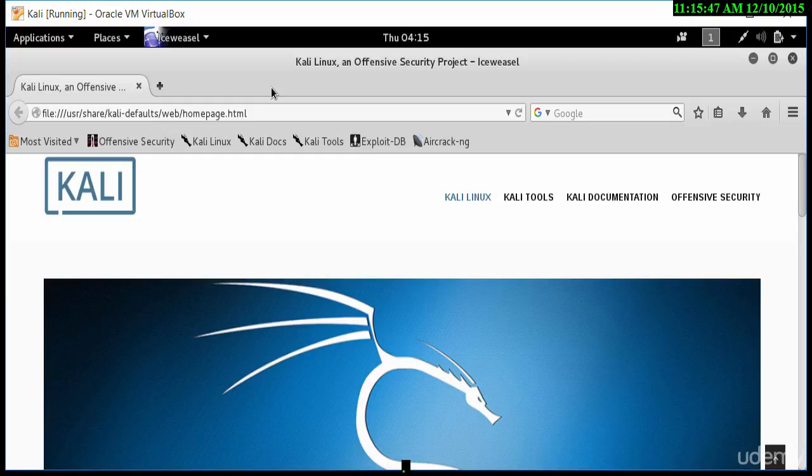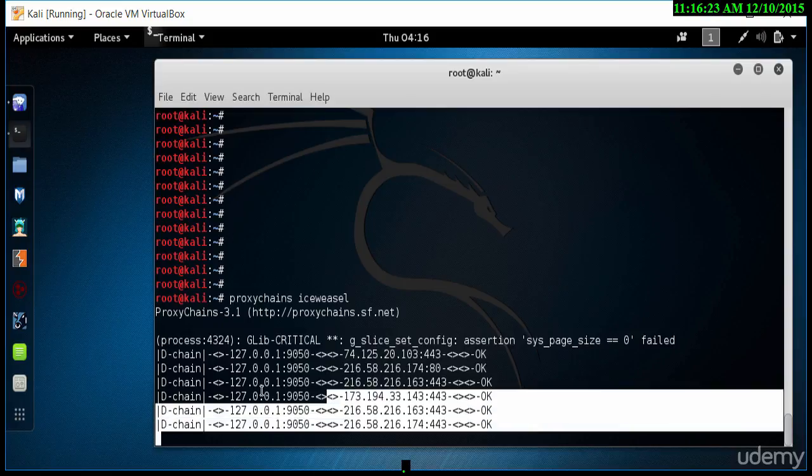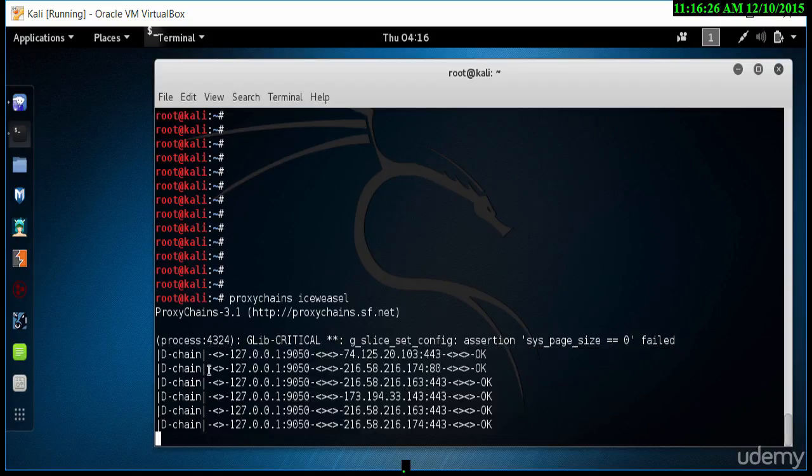Now I also want to show you a few other things, which is where to get proxy server addresses from. So notice how Tor is actually using these different IP addresses to send my requests through. The worst thing that can happen is you are detected by the hacking victim or security department or your ISP, so you don't want to run the risk, and that is why we use something like Tor. Now, proxychains enable us to hide our IP addresses quite nicely. Just be cautious though, packets sent from your computer will have your IP address included in it, so you want